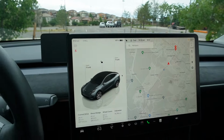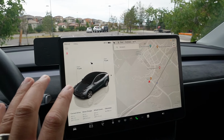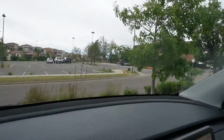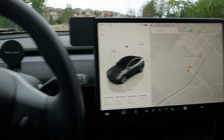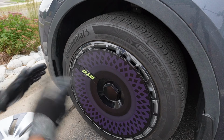Alright, now let me swap out the wheel covers to the stock Gemini wheel covers before anything changes anymore. Oh, the wind condition is great. As you can see, not much wind out there, which is a perfect day to do the test. Let's go change out the wheel covers. Okay, since we have to swap out the wheel covers